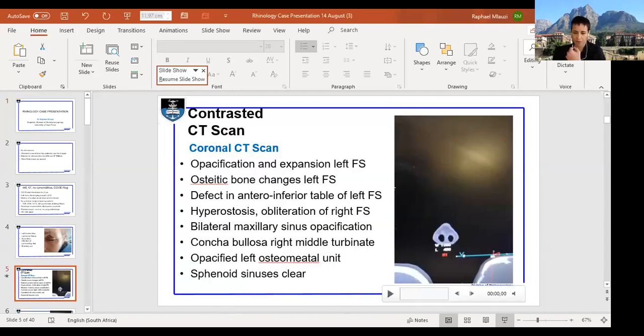If you're unable to do that, you're going to get recurrent disease. So in this case, if we did an endoscopic Lothrop, there was very, very thick bone that you had to go through. So if we can just see that coronal slide, Raphael. Yes, I'm trying to share. It's taking some time, but yeah,